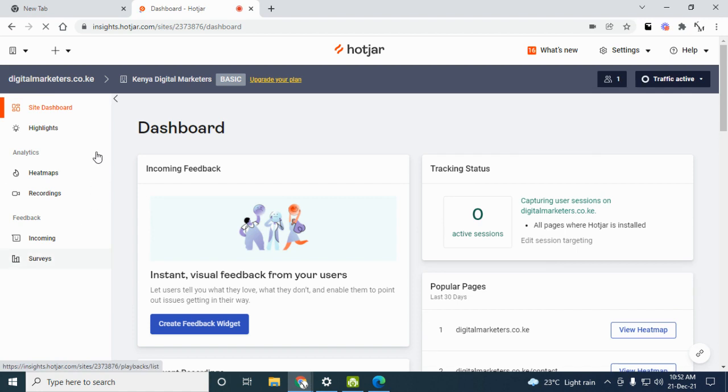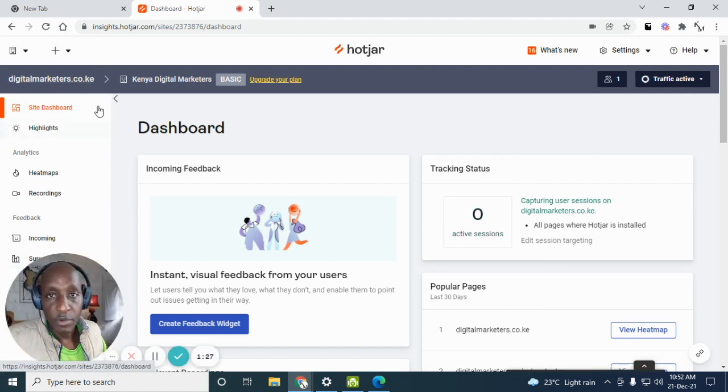And below digitalmarketers.co.ke, which is now selected, I can see all the things that Hotjar will be recording for me using their software. And included in there is heat maps and other recordings. We'll not go into the recordings this time, but we'll look at the heat maps. So if I click on the heat maps,